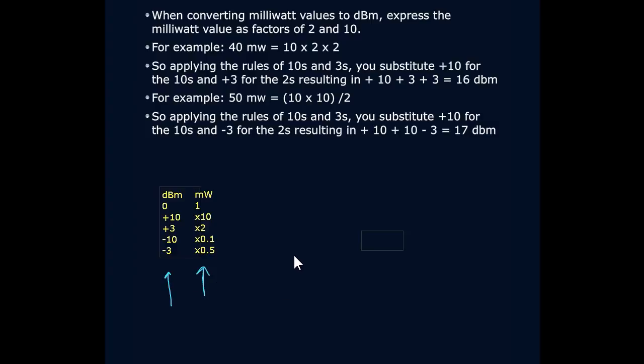So if we have a certain value of milliwatts, we can express that as an accumulation of multiples of 2 or of multiples of 10 or multiples of 0.5 or 0.1, and then convert that to additives of decibels in the relative way. So let's take a look at how that plays out. So here's an example, 40 milliwatts. Okay, so 40 milliwatts